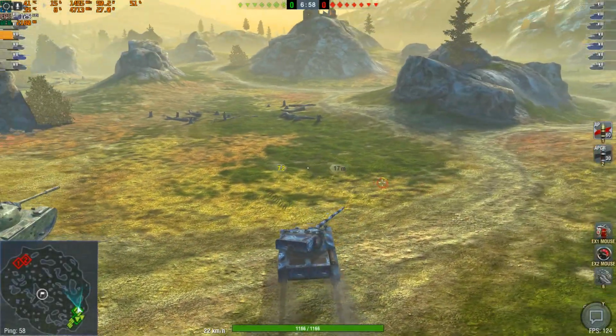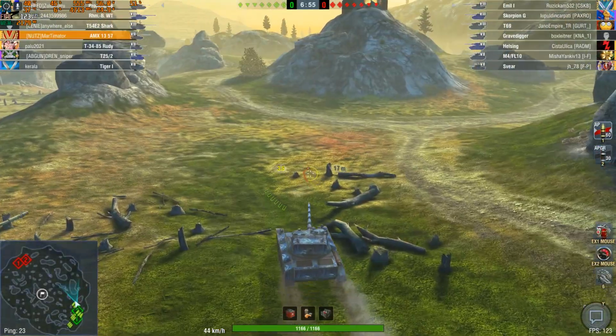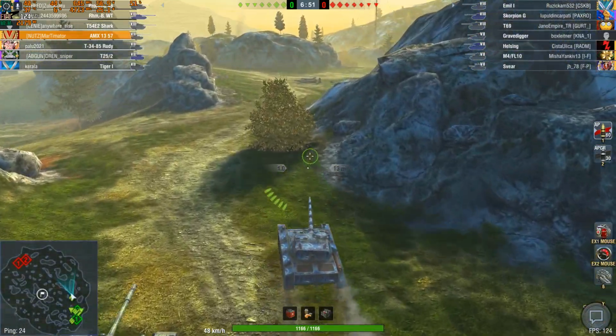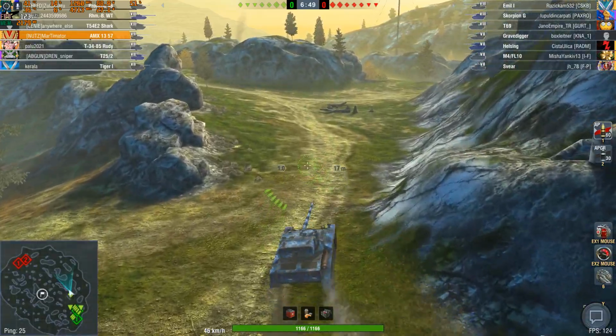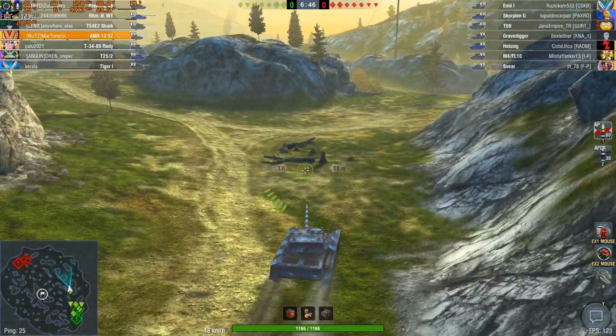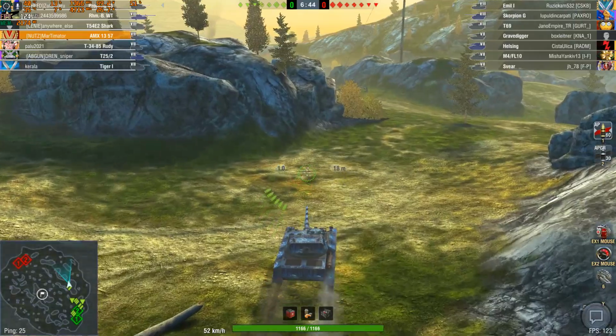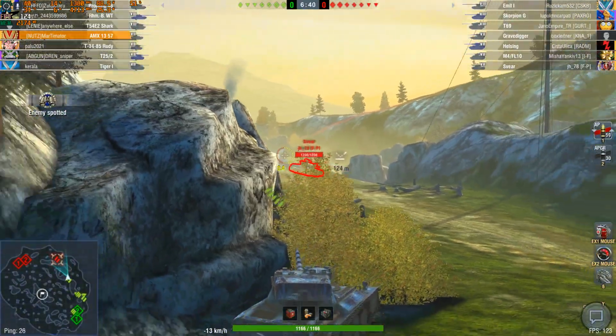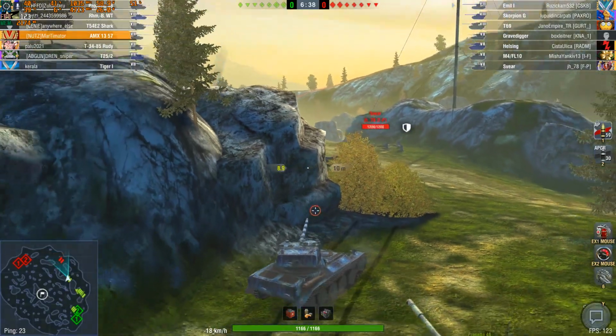So here we go with the AMX 1357, and one bad thing, essentially, is that it's a tier 8 battle, because this thing in a tier 8 battle is essentially your 1166 hit points for the enemy team, and that's about all you're useful for. So that is relatively unfortunate, especially against something like a Scorpion G, where, yeah, now, with a light tank, you